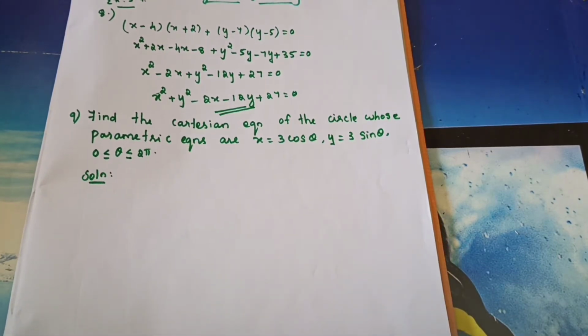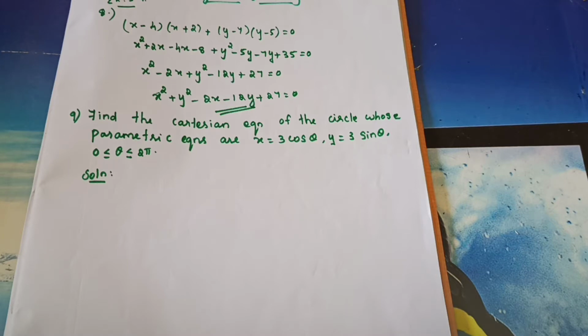Find the Cartesian equation of the circle. The parametric equation I taught you; you need to find the Cartesian equation. The Cartesian equation is in the form of x square plus y square is equal to r square. What's the Cartesian equation of the circle? Maybe in one word they can ask: x square plus y square is equal to r square. Okay students, keep it in mind. One-word questions like this, they will ask in the exam, so when you are learning, learn carefully.